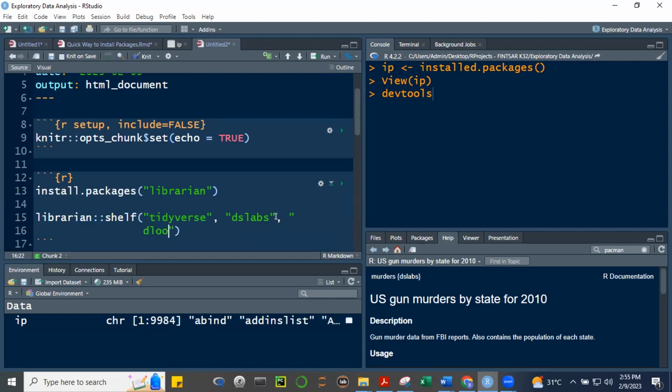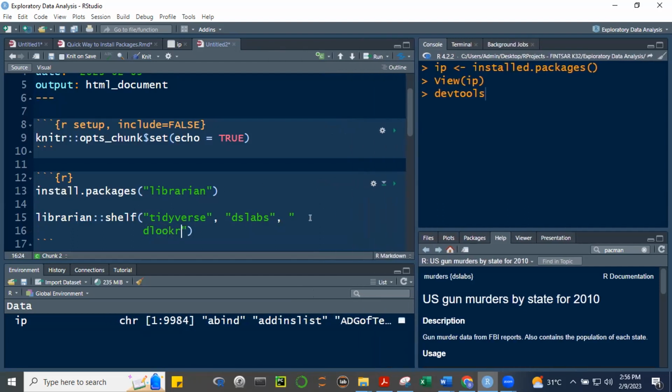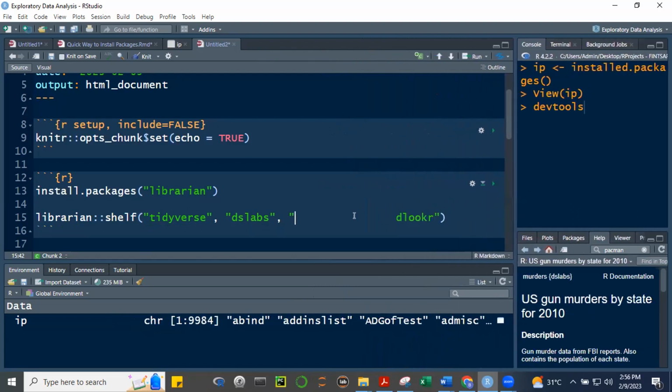look R. Okay, that's a package, lookR. So let's install and load these packages through the Librarian package. But first, you have to install the Librarian package. And then after that, we're going to use the shelf function. Librarian shelf, and then identify the different packages that